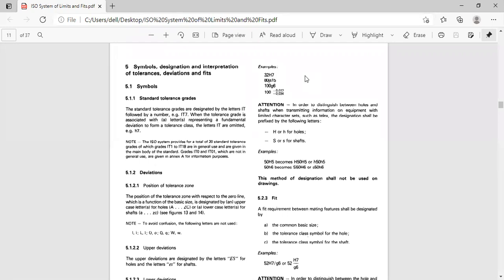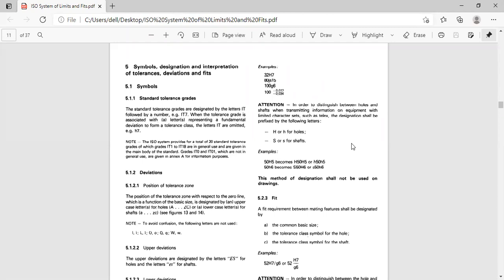So in the table, you have to select the appropriate value, whether it is 25i or 10i or something, because you don't have to mug up. The tolerance tables will be given in the examination, and you have to just write that. So 100 G6: 100 is the basic size, small g is the shaft, and it is IT7. Like that, he may be representing different things.